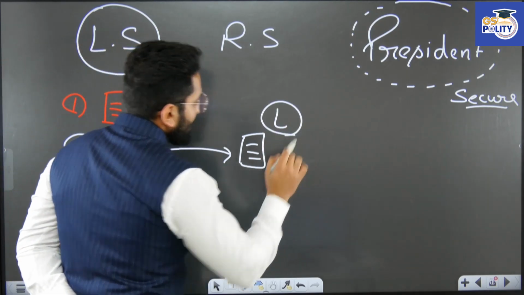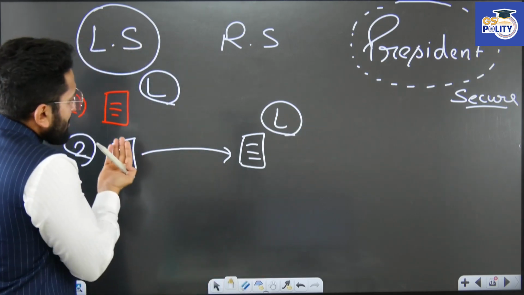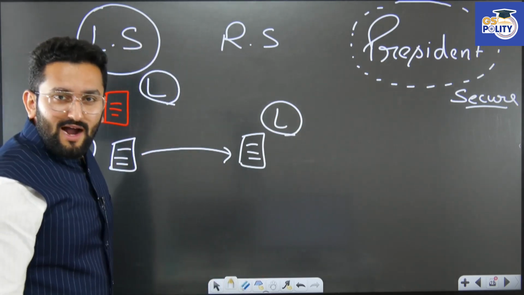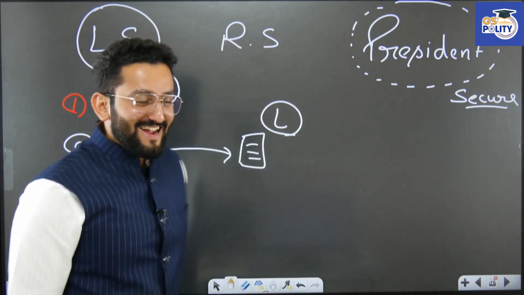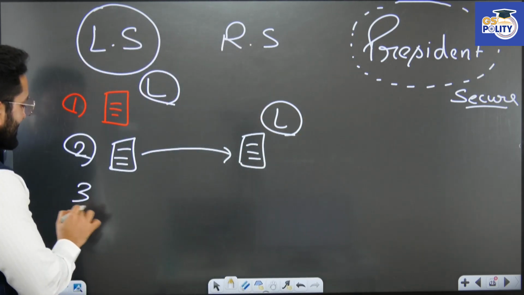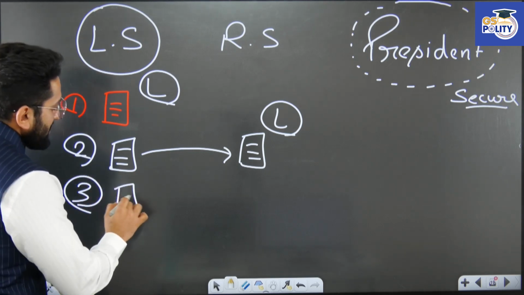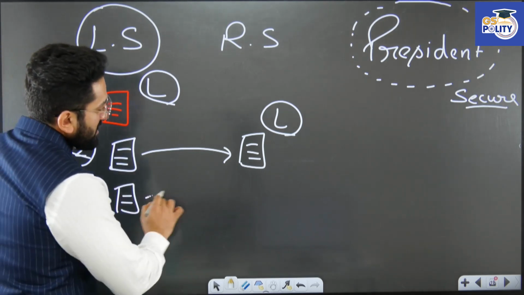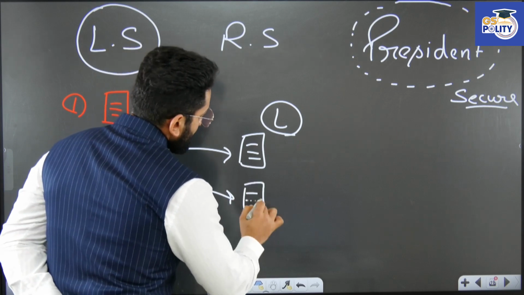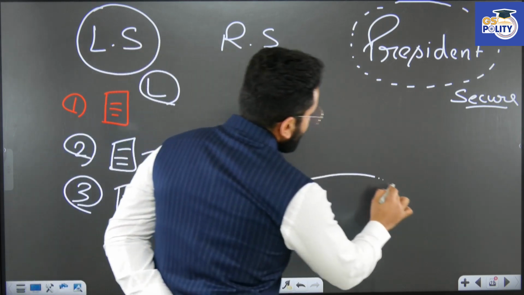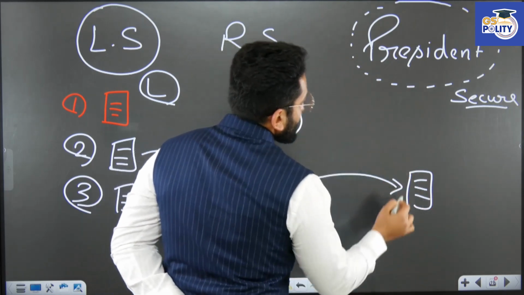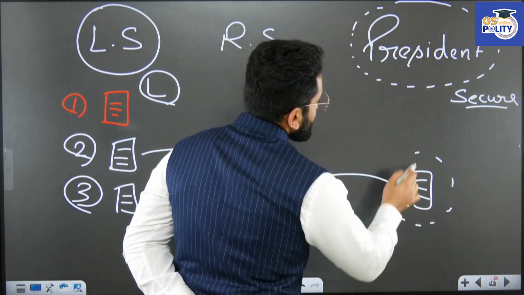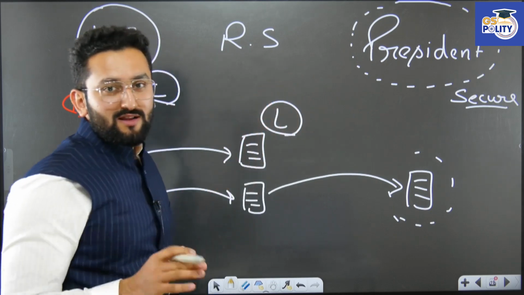This bill will also get lapsed. Why? Because it has already touched Lok Sabha and it has not touched the security of President, right? Now consider the third case. If a bill was presented in Lok Sabha, it went to Rajya Sabha, it got passed from Rajya Sabha and reaches Honorable President. Now Honorable President, when a bill touches Honorable President, it gets the security.